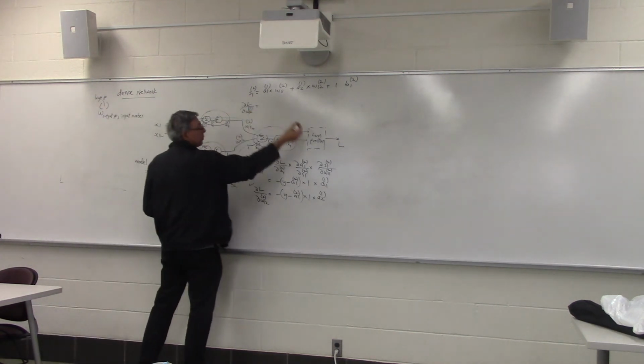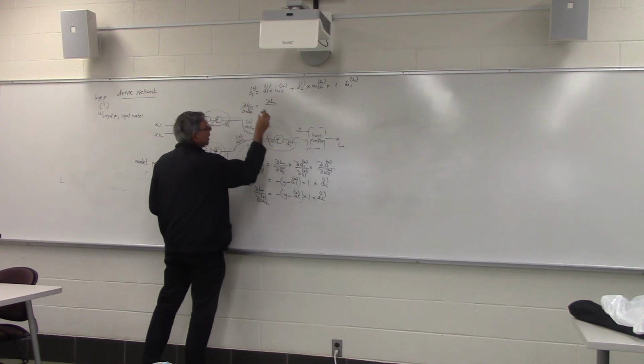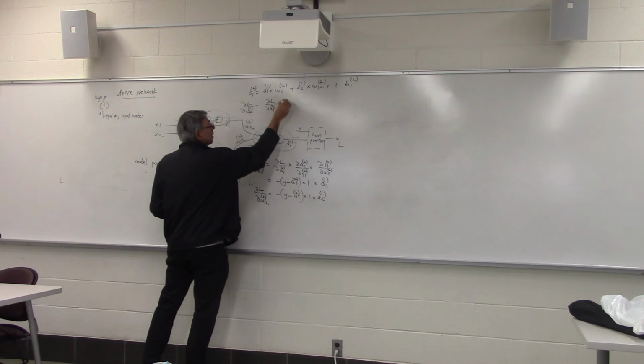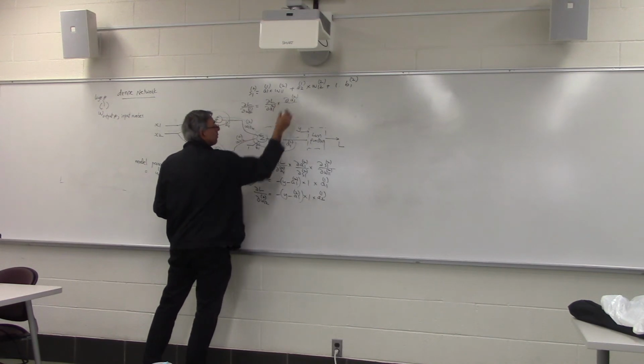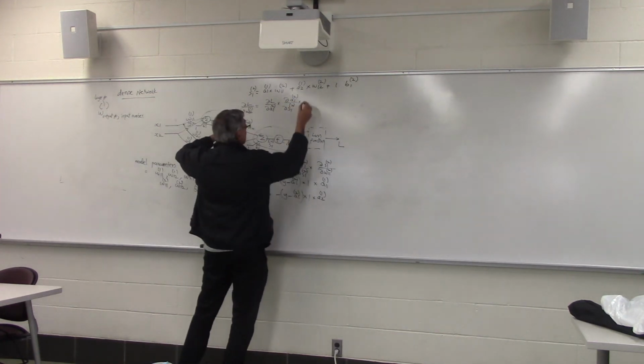So again, let me first write all the derivatives over here. Partial L over partial A1 of 2, partial A1 of 2 over partial S1 of 2, times partial S1 of 2 over